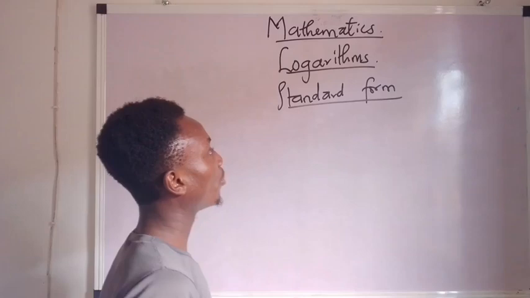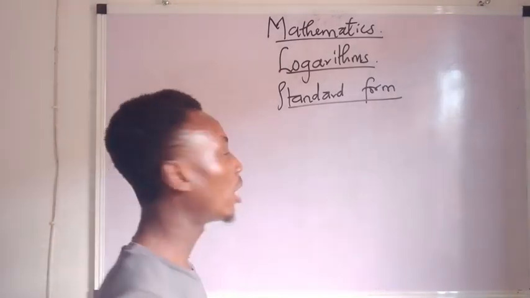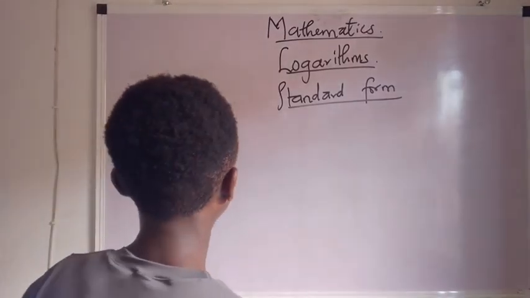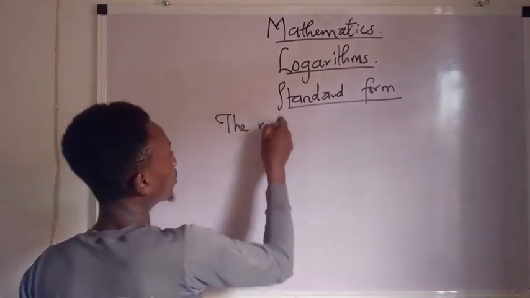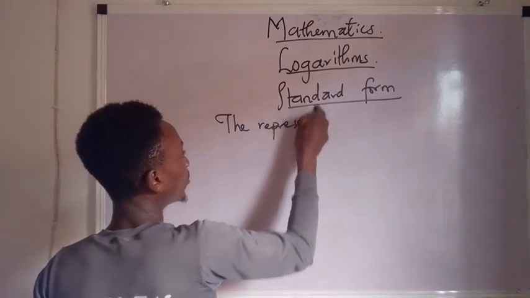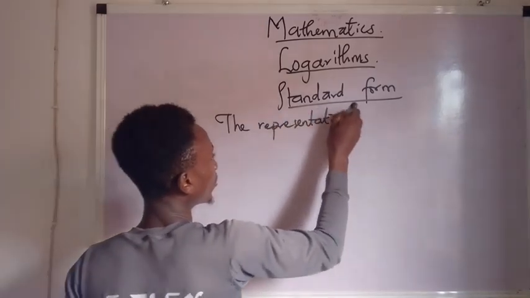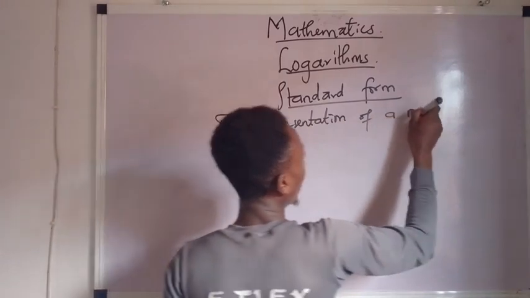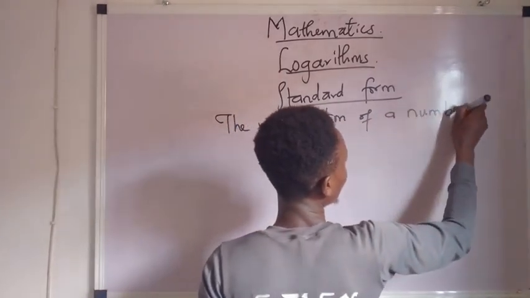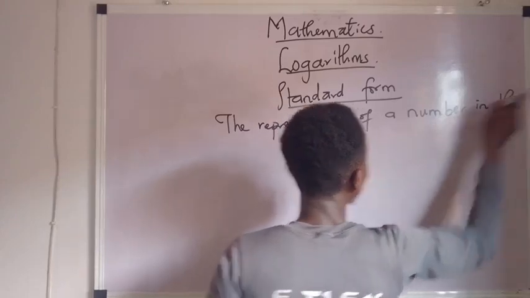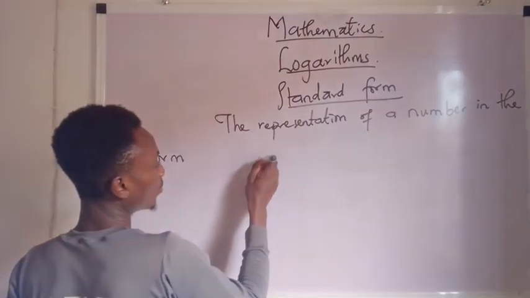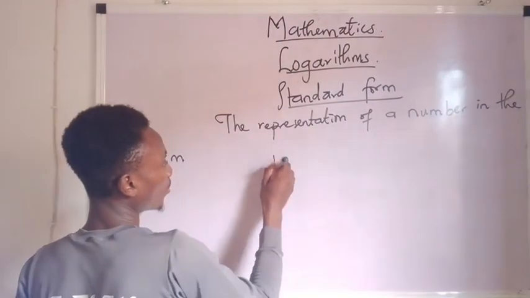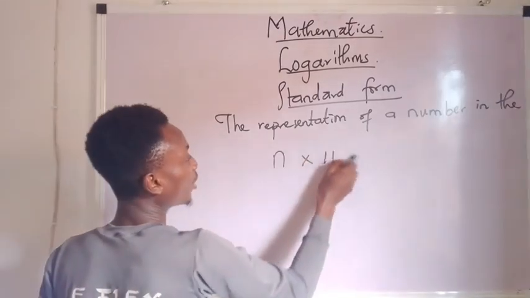Now, what is standard form? Standard form is the representation of a number in the form n times 10 raised to the power m,